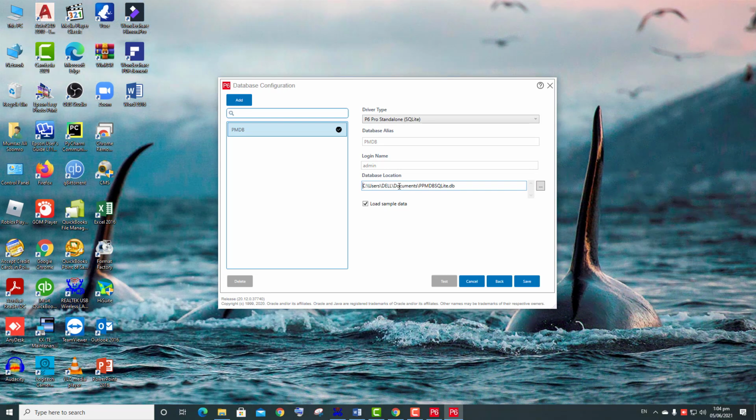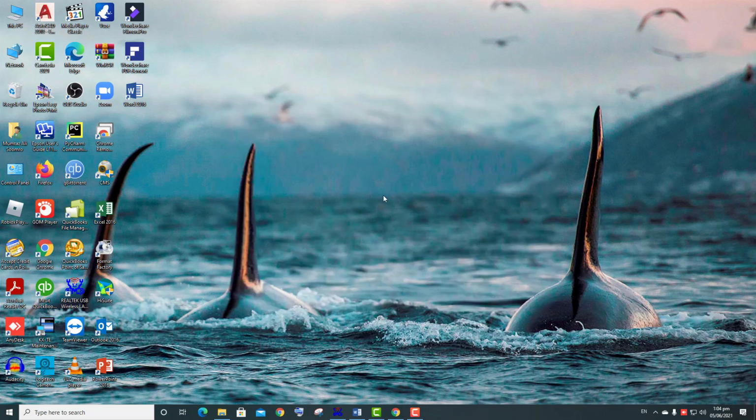It will save in your documents, and this is a single database file that will be used by this application. So press save, and the alias is saved successfully. Press OK.